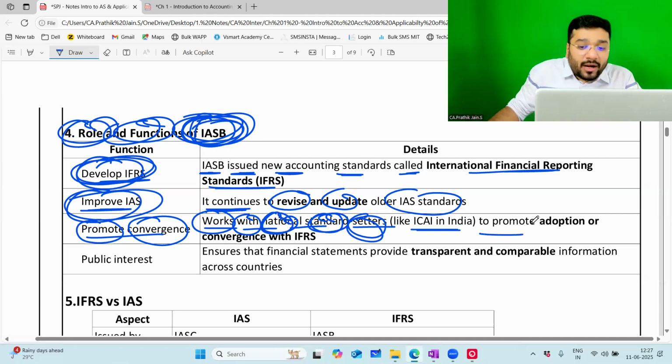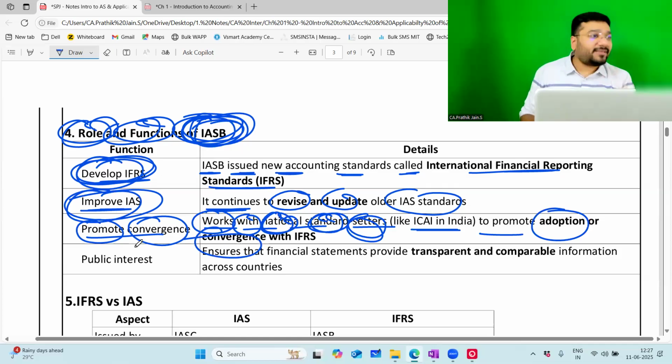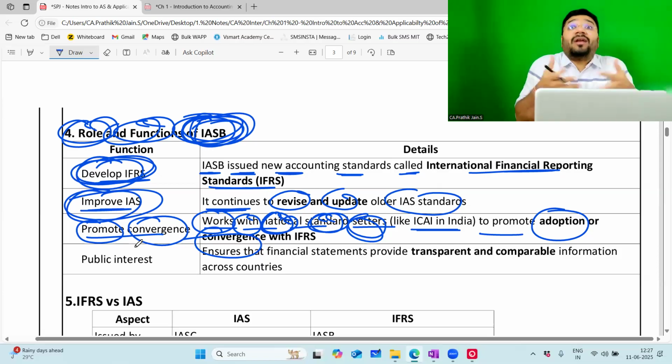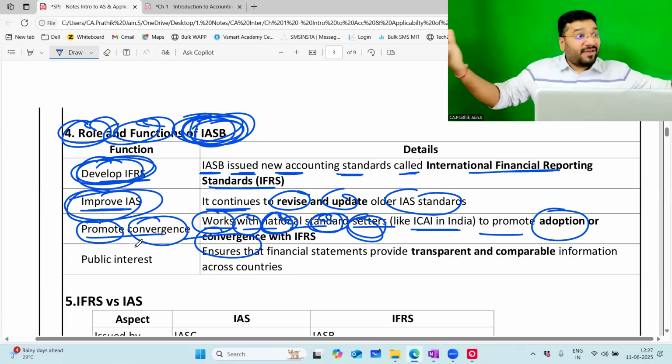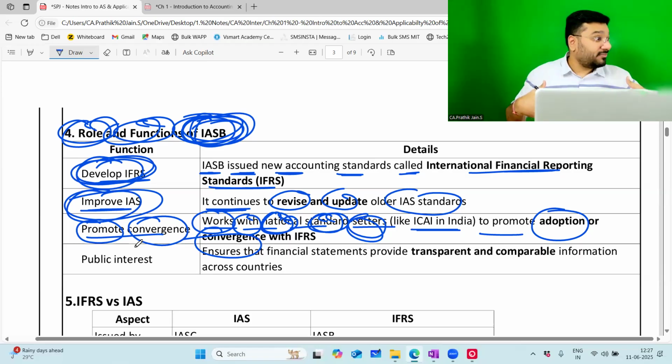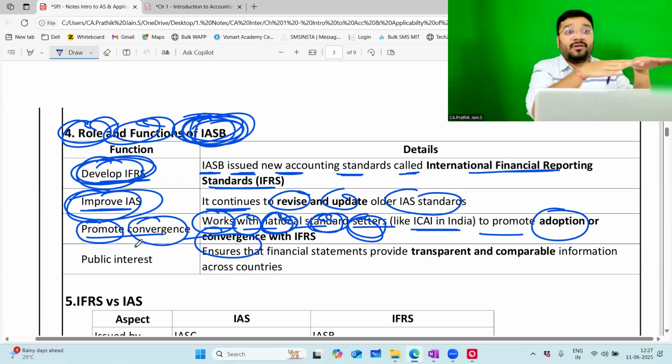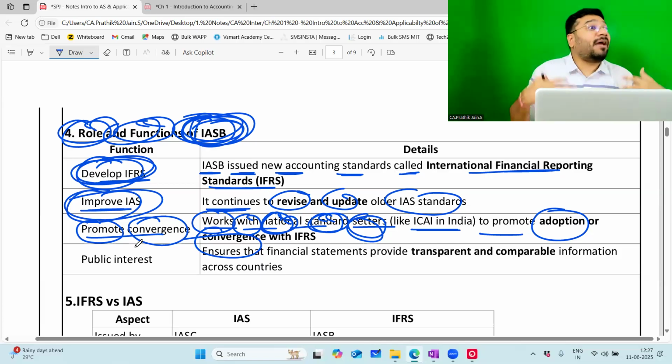Why? Either to adopt IFRS as it is or at least converge with IFRS. They were requesting either you adopt it or converge. Why? Only then you can get global capital. Only then you can list your stock in the global market. That is how they tried to convince us. If you want investors from outside the country to come and invest, if you want your country to develop, if you want your country to work with other countries, then you have to adopt IFRS. If not adoption, at least do convergence.